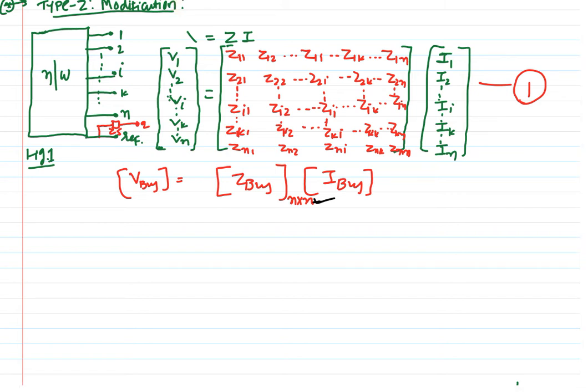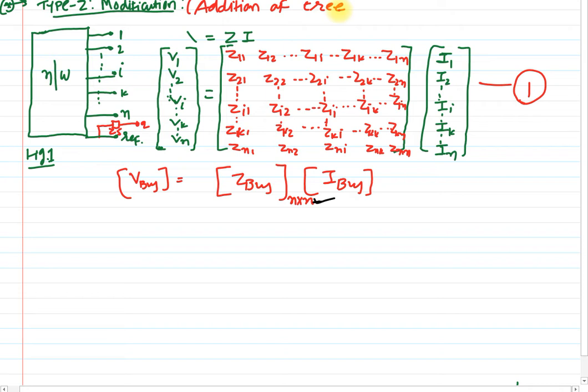So for type 2 modification, let us write the statement of type 2 modification, which is addition of tree branch ZS from new bus Q to an old bus K. So I will just consider the previous network which we have